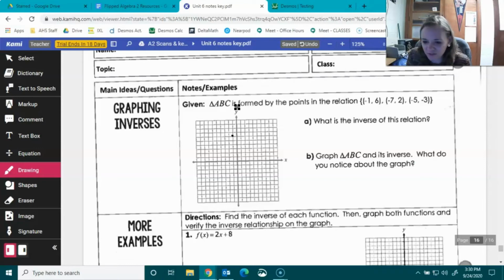Alright, then we have -7, 2. 1, 2, 3, 4, 5, 6, 7, and then 2. And then we have -5, -3. 1, 2, 3, 4, 5, -3. Okay, about like that. And so being a triangle,